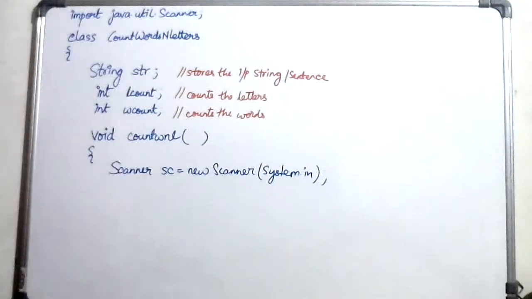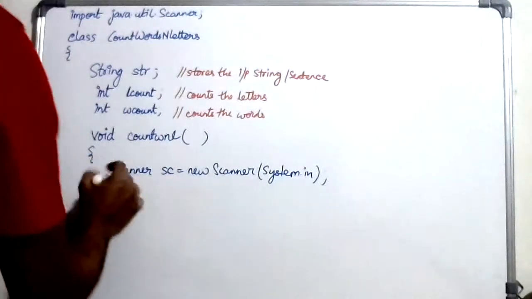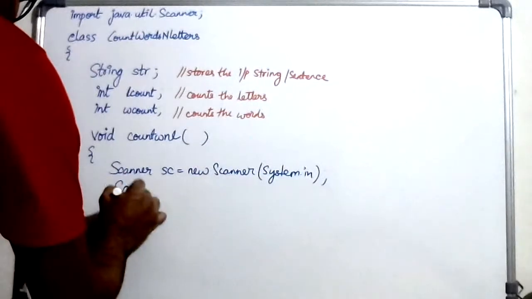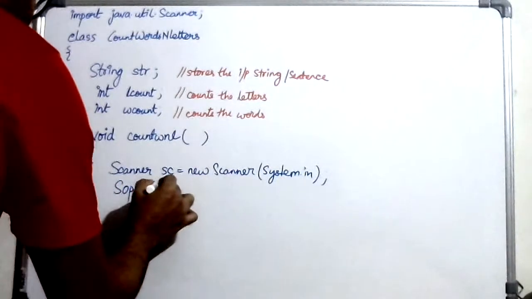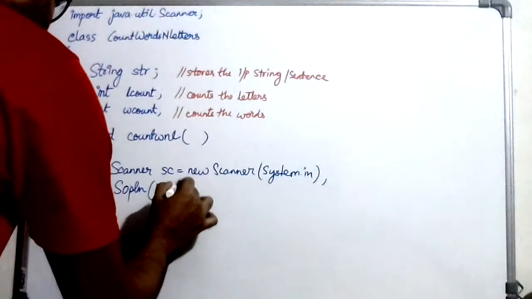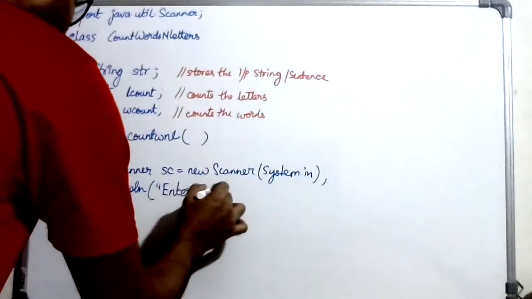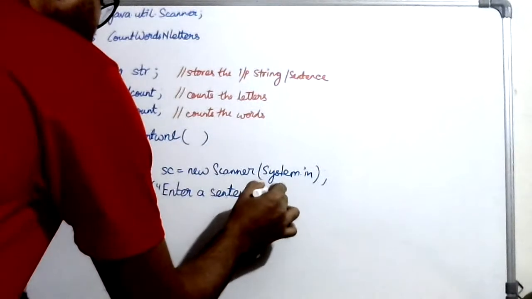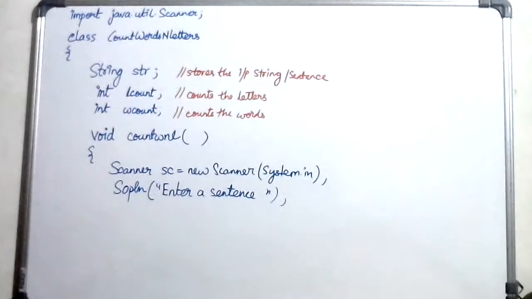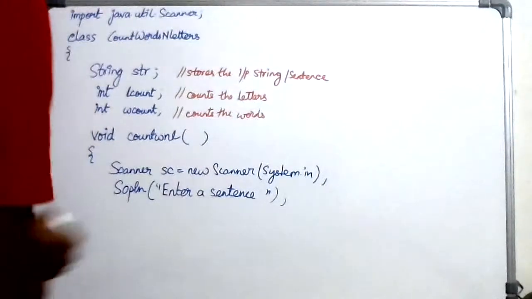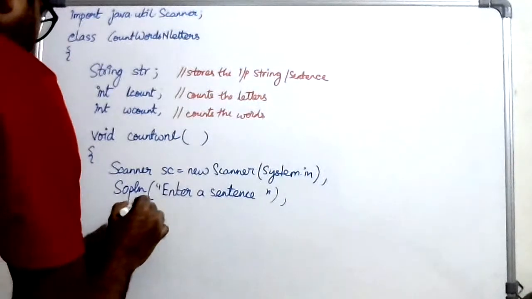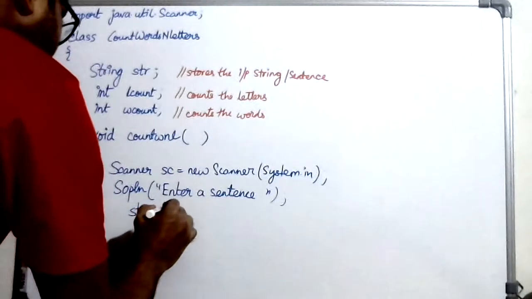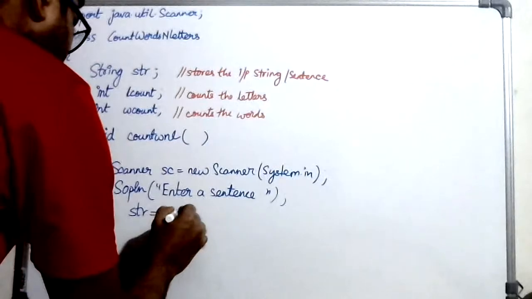Next, we'll take input from the user for the sentence. So System.out.println, enter a sentence. So we'll display a message to the user and we will take an input. So we already have the variable str. So str is equal to sc dot